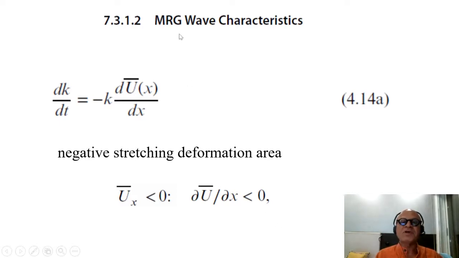Mixed Rossby gravity waves, again, the only thing to remember is that d omega dk is always positive, so the group velocity is always eastward. So when you look at the basic state, that's what you have to remember. Going back to our ray path equation, dk dt is minus k d u bar dx. U bar is again a function of x. So if you go into the negative stretching area where you have easterly winds and they are decreasing in the